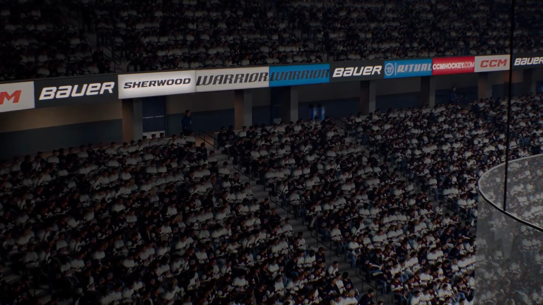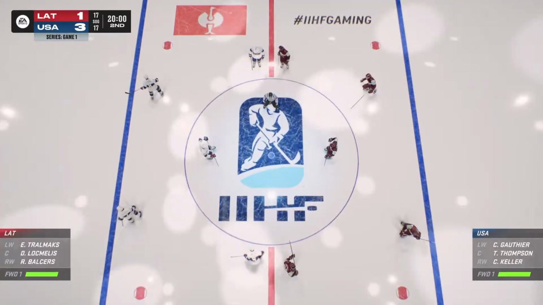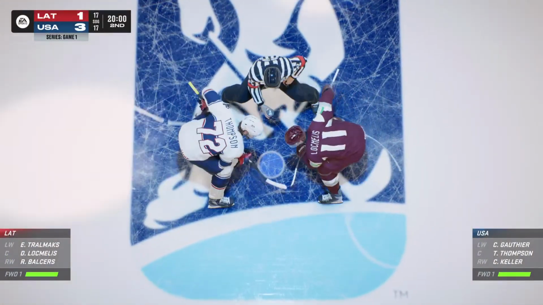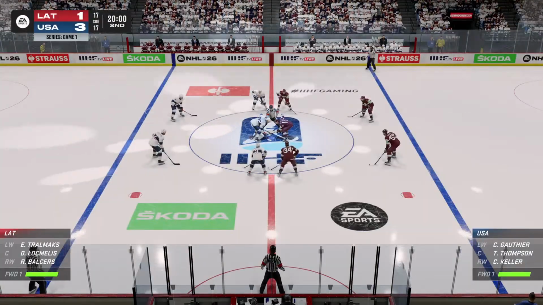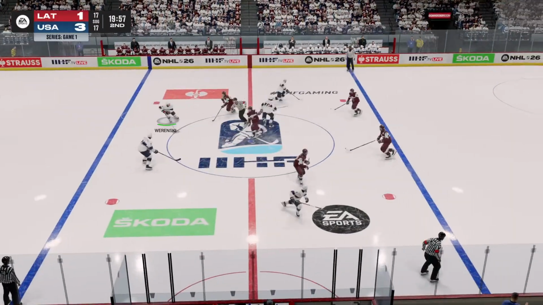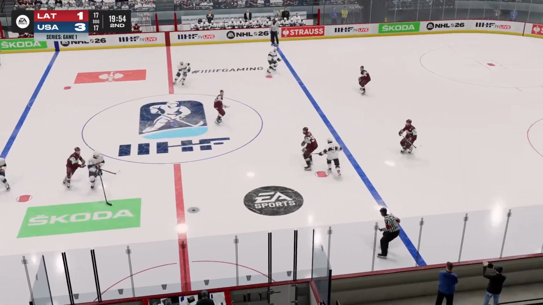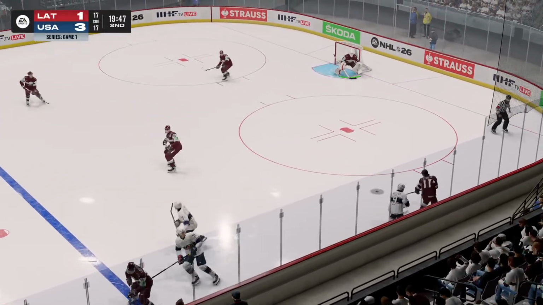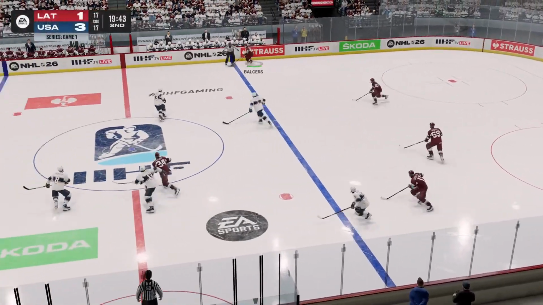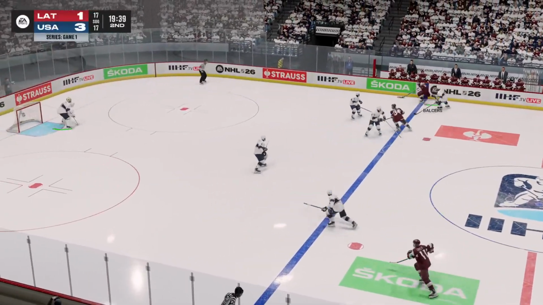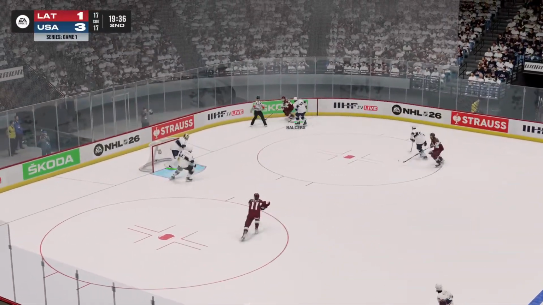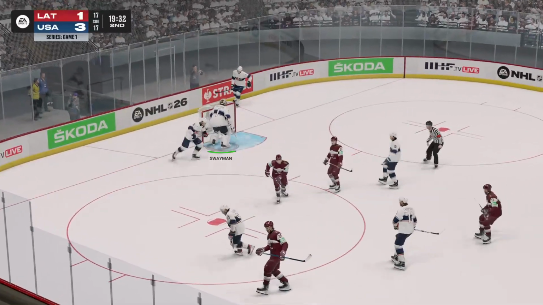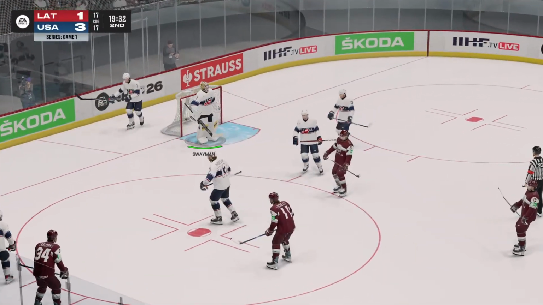Start of the second period here between the United States and Team Latvia. 3-1, the United States has the lead here in the quarterfinal. Winner moves on to play Czechia in the semis. Face-off in center, controlled by the United States as they bobble it their way through center. Latvia takes it away in their own end. Balsers brings it up here for Latvia, looking for a center, drops it off into the slot. Swayman finds the puck. 19:32 to go in the second.